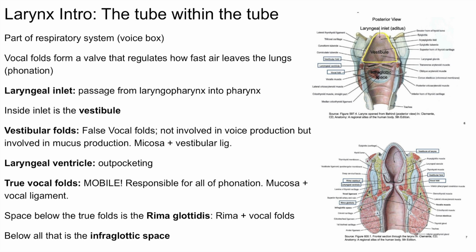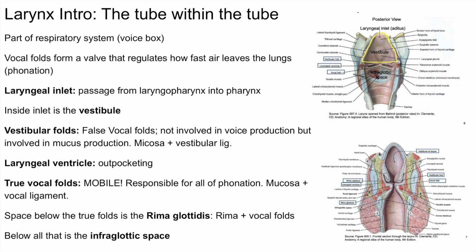And I said vocal cords, they're called vocal folds, okay? Vocal cords is just the colloquial version of it. So the opening between the true vocal folds is called the rima glottidis, and it's the narrowest and most functionally important part of the airway in the larynx. Changes here directly control airflow and voice production. Below this region is the infraglottic space, which continues down to the trachea, and clinically, anything that narrows the rima glottidis, like edema, paralysis, or a mass, can significantly impact both breathing and speech,